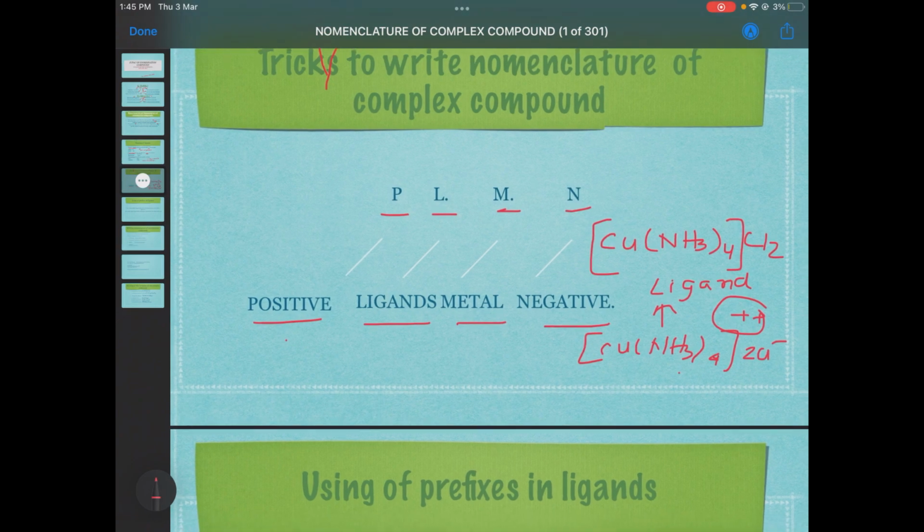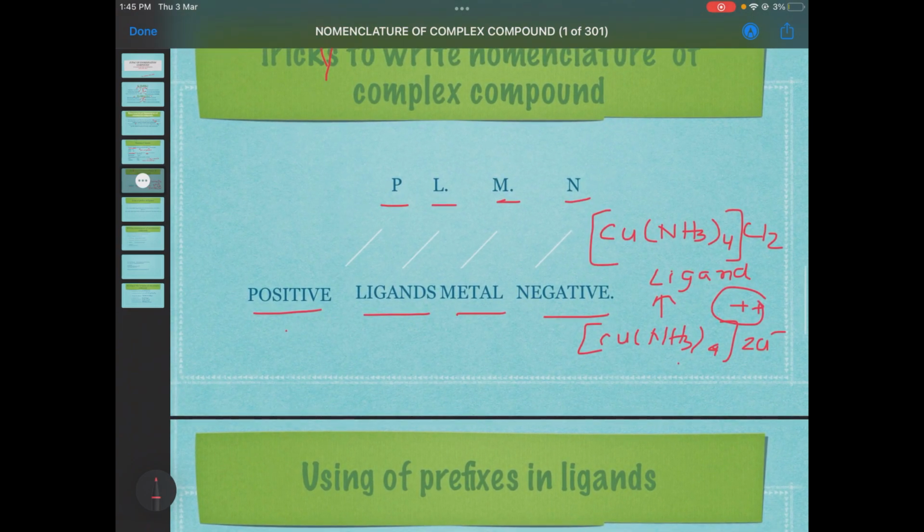So we are following this particular rule over here. First positive, then the ligands with the prefixes, then the metal with its oxidation number in parenthesis, and then